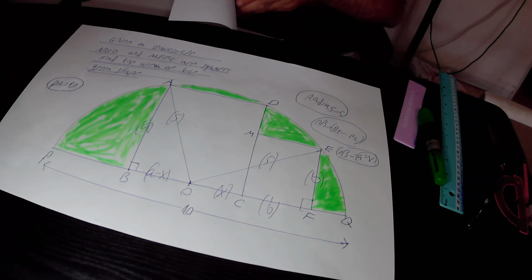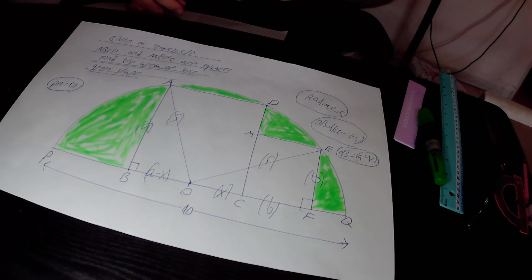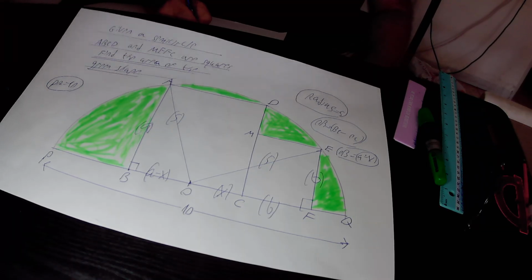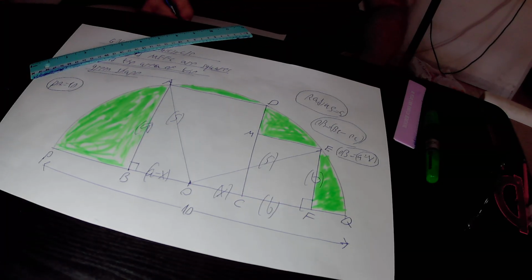Actually, you know that the area of any semicircle equals the area of the circle over 2. That is to say, it is pi r squared over 2. But we already found out that the radius of this semicircle, r, equals 5. Therefore, r squared is 5 squared, that is 25. So pi r squared over 2 is 25 pi over 2. So the area of this semicircle equals 25 pi over 2 square units in size, minus the area